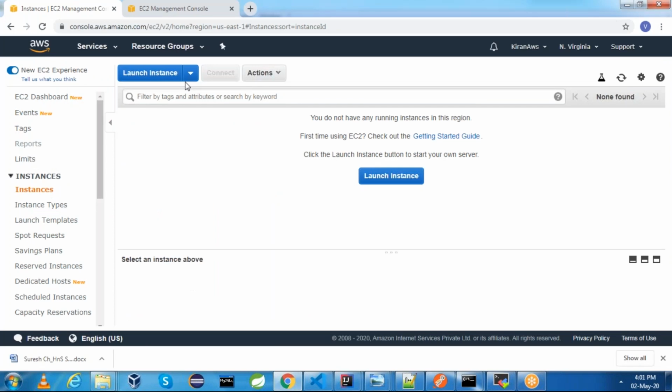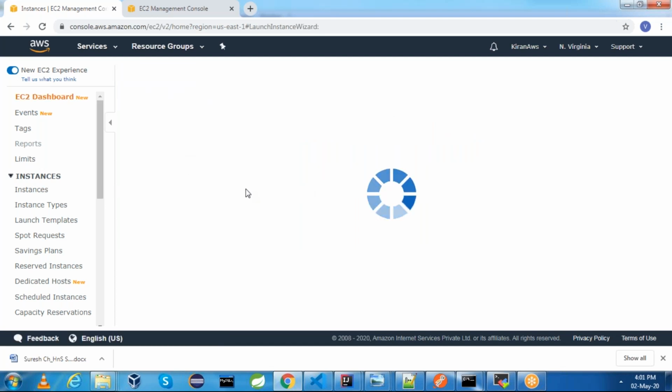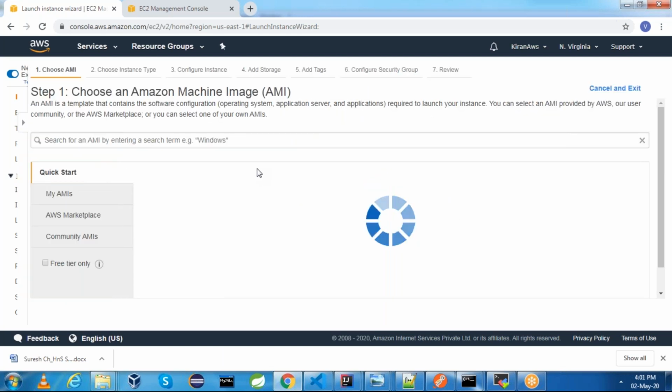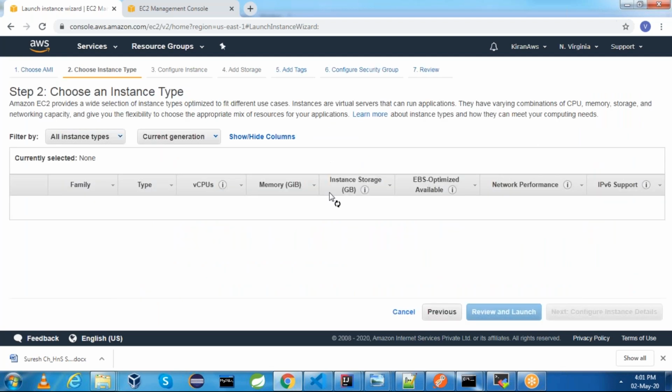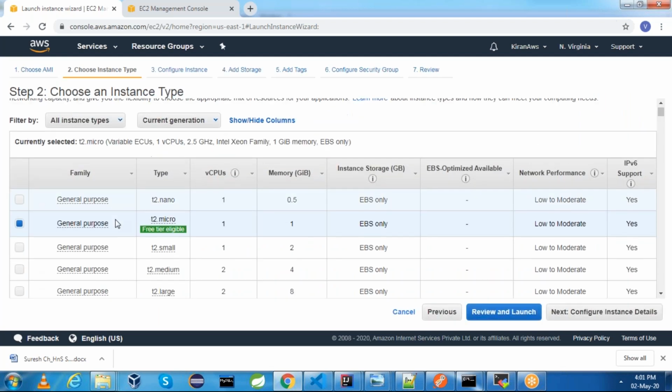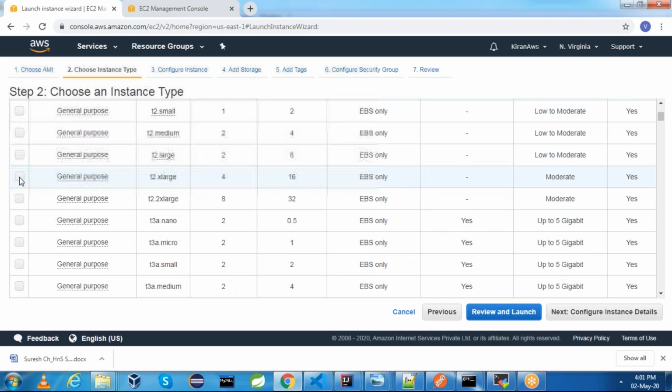Let me create EC2 instances with T2.xlarge and then we can start installing the next steps. Click on launch instance and select Amazon Linux 2 AMI, and from the instance types select T2.xlarge because we will have 4 CPUs and 16 GB memory.